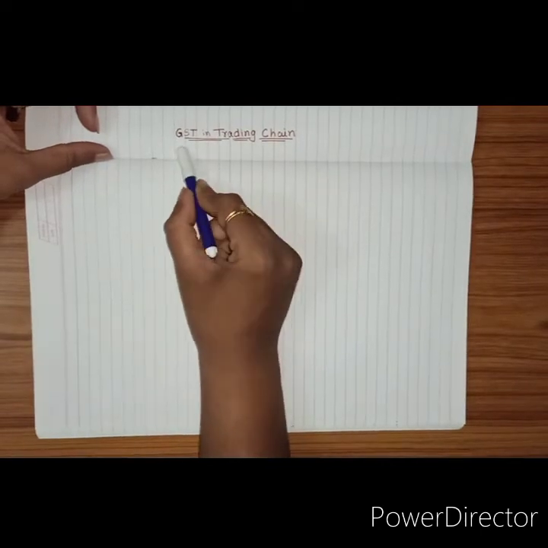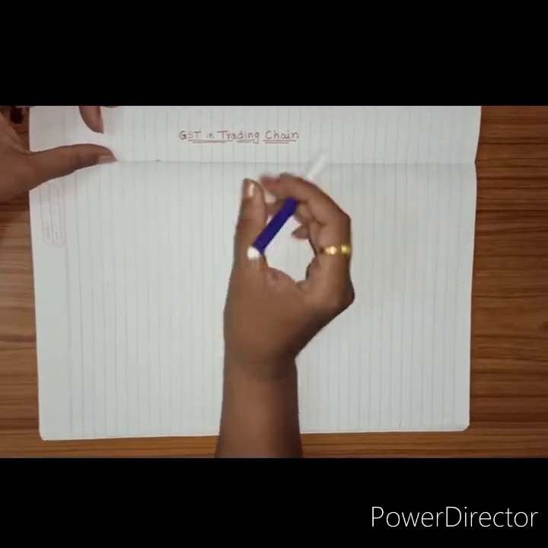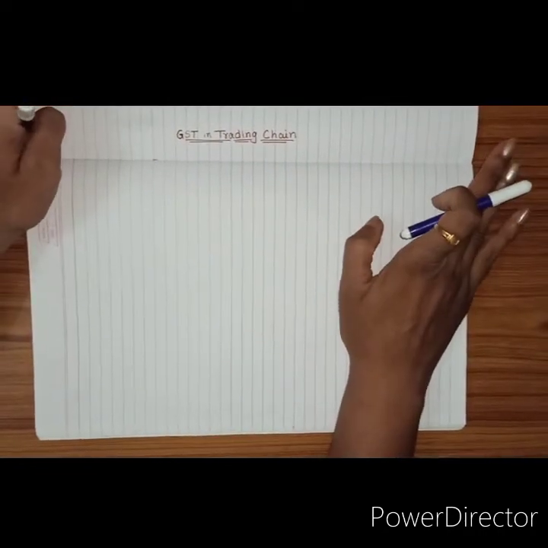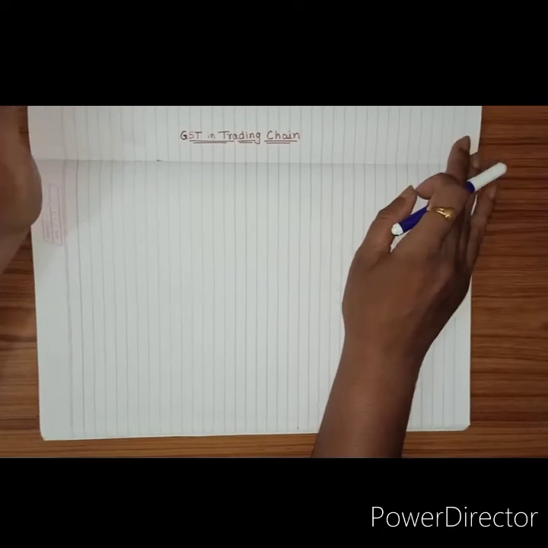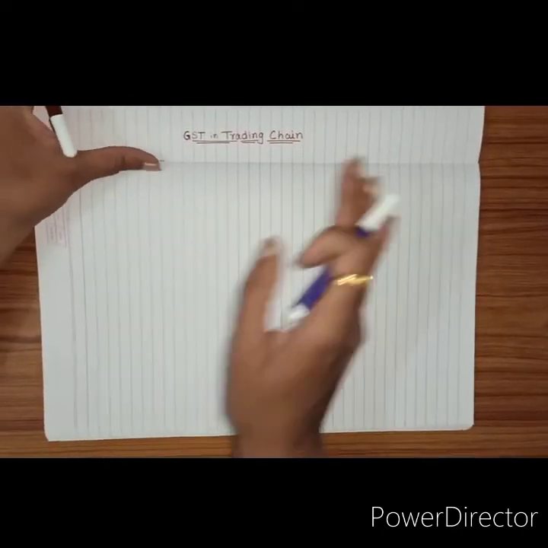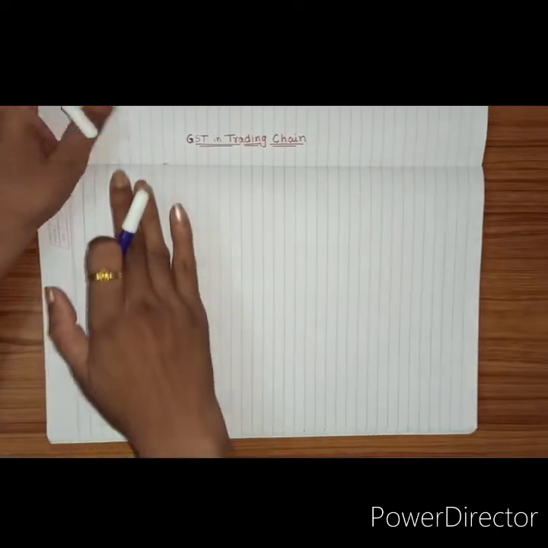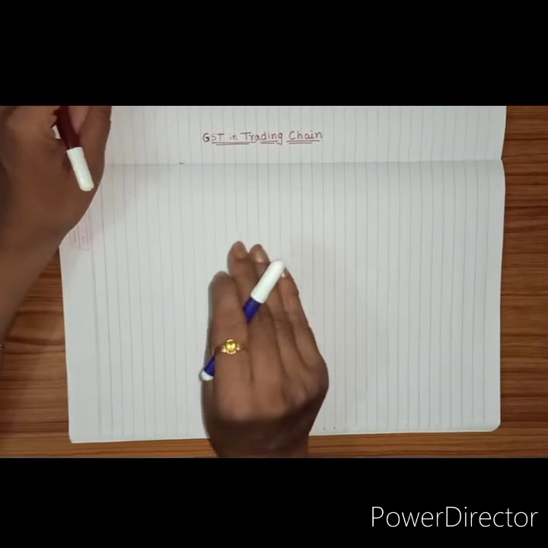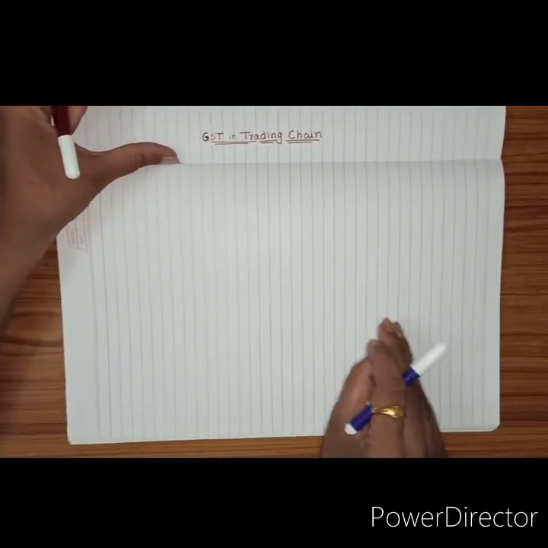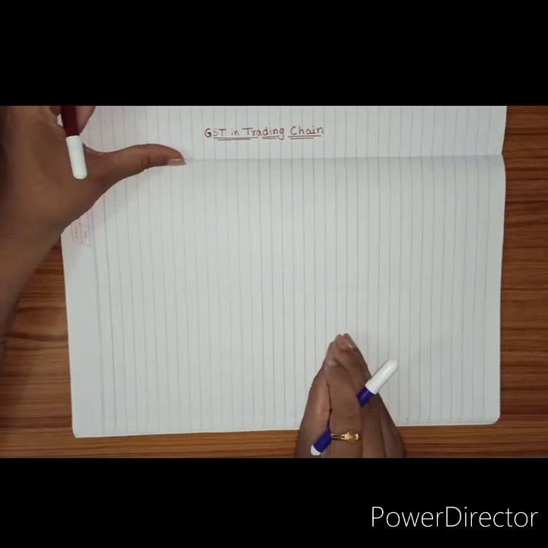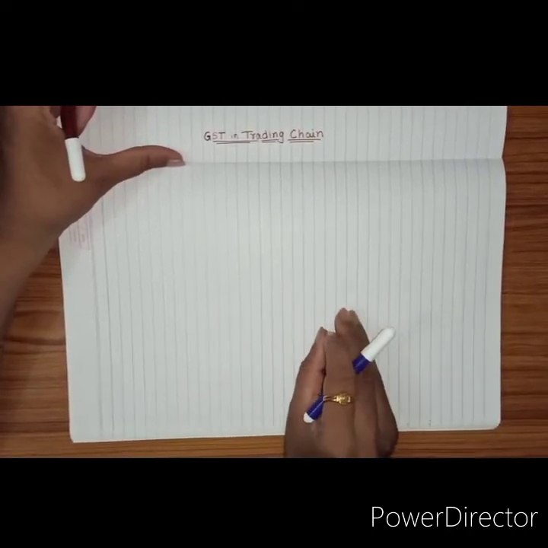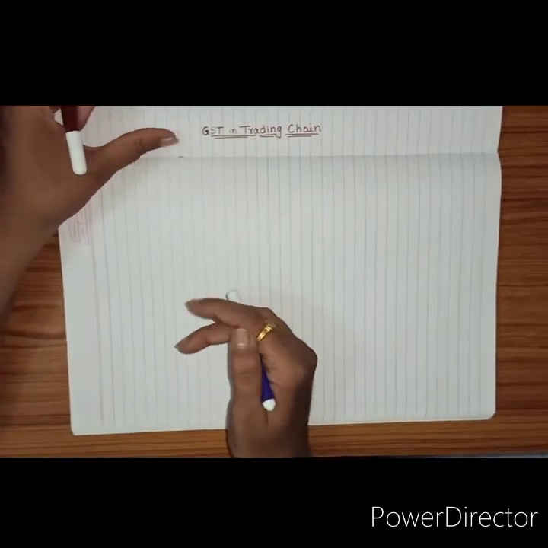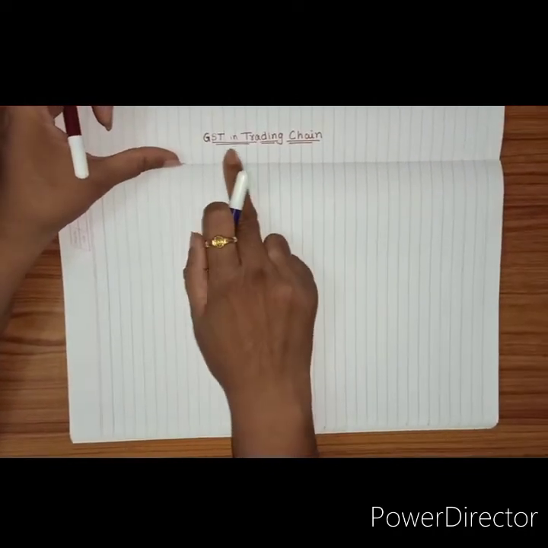So let us see this topic, GST in trading chain. Now we are going to consider what is already given in your textbook. I am going to explain the same thing. I am not going to tell anything different apart from your textbook, but let us understand the basic thing that is given in your textbook. It is given very clearly, very minutely. It's a wonderful explanation. But it is my duty to make it simpler and let you understand. So let us understand GST in trading chain.